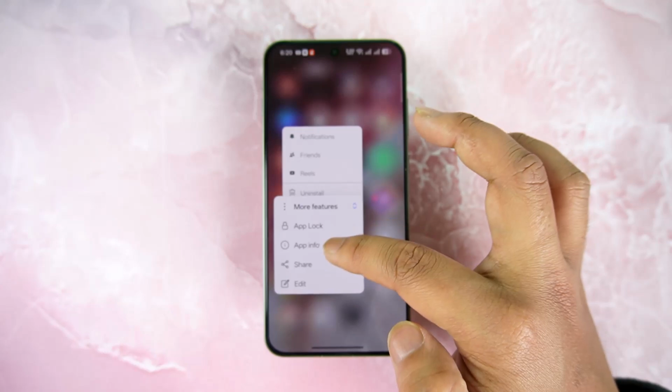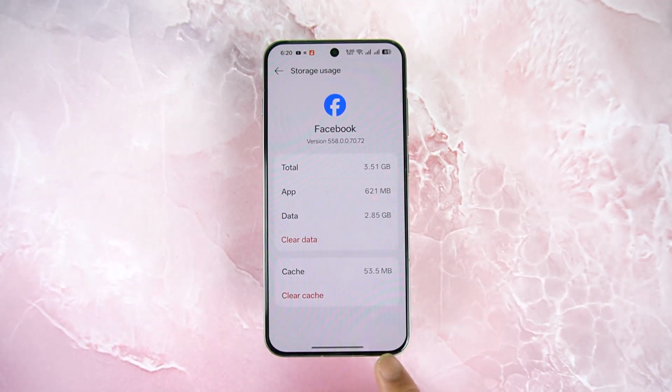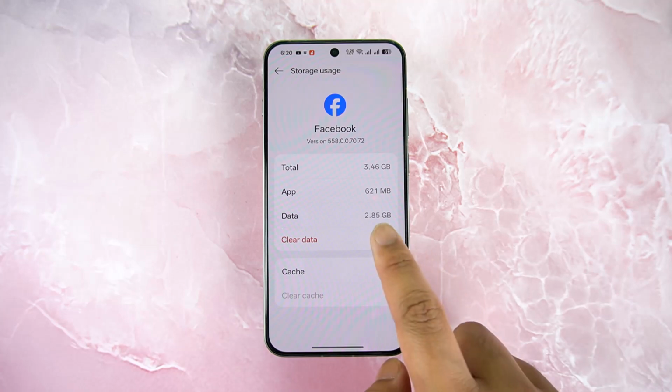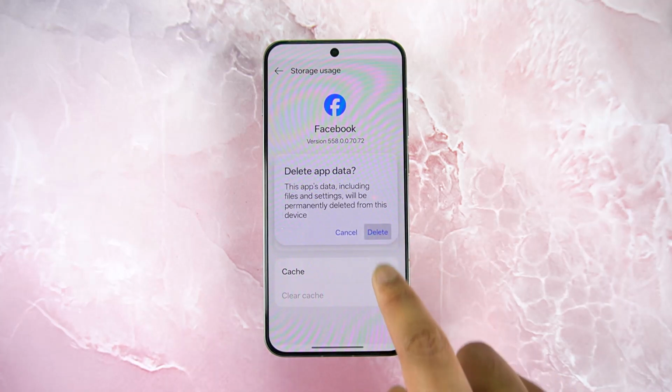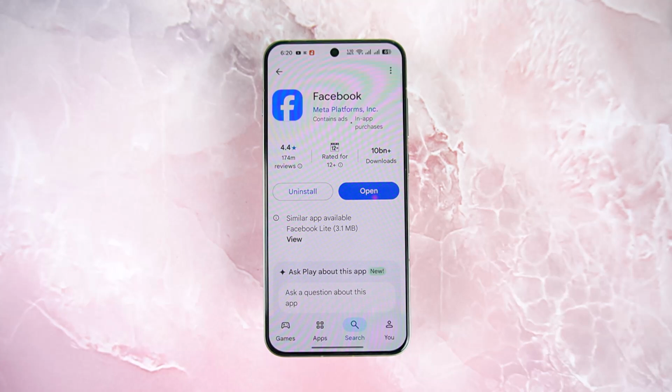then tap on this I button to come to the app info page. Once we're here, go to storage, where you can clear the cache files and you can also clear the data of the Facebook application. Then go to your Play Store or App Store, search for the Facebook app, and you